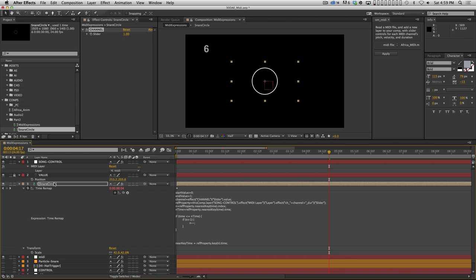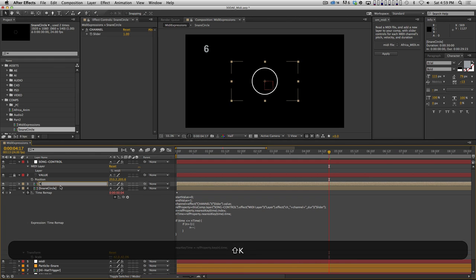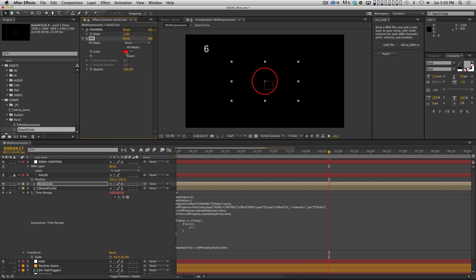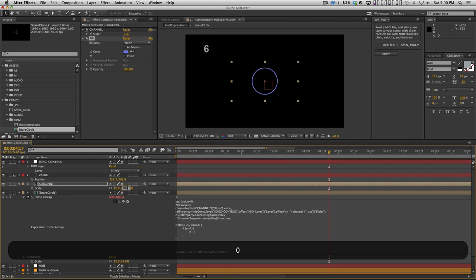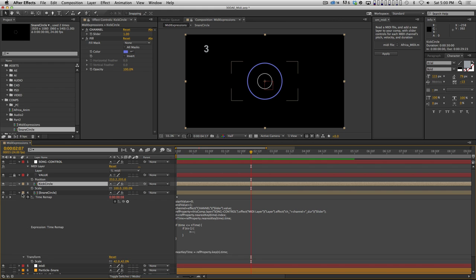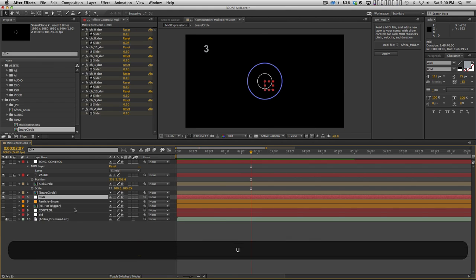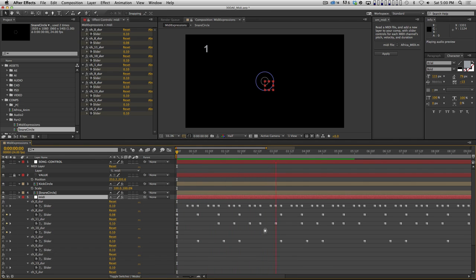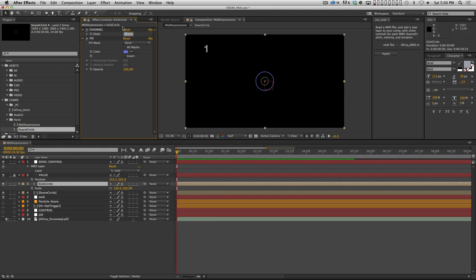And what's cool is if I duplicate this now, so that's my snare circle. Now let's make my kick circle. Let's generate a fill and make it some kind of color, and let's scale it back up to 100. Now we have 2 layers reacting to the snare, but I want this one to react to the kick. So let's figure out what channel the kick's on. Go into MIDI, and let's just play it. All right, so it's this. It's channel 11. Now if I just go here and type in 11,